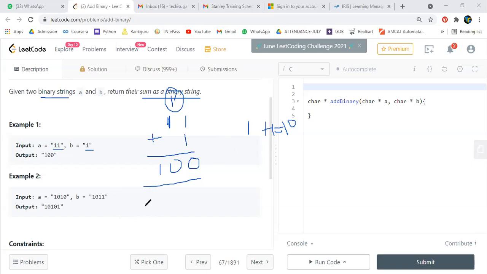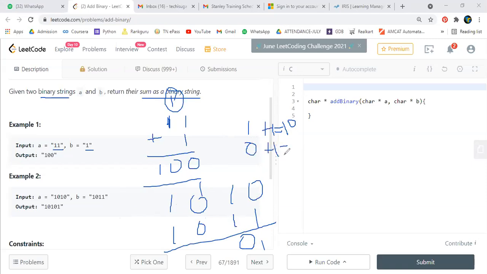The same way they have taken the next condition, 1 0 1 0 followed by 1 0 1 1. So 0 1, addition of 0 1, what is it? 1 1 is 1 0. Okay, 1 1 0 1. So 1 plus 1 gives you 1 0, 0 plus 1 or 1 plus 0 gives you only 1. So 0 plus 0 gives you 0. This is a scenario, right? So just make this as a scenario and you're going to work on it.